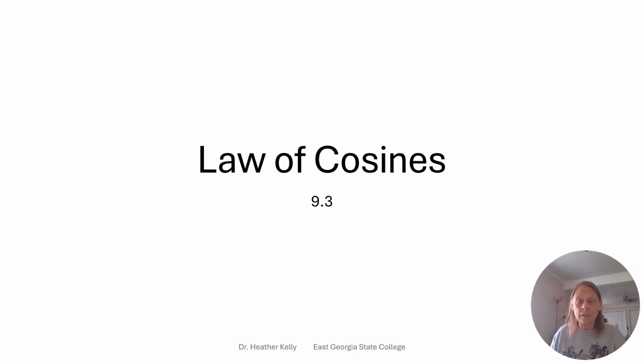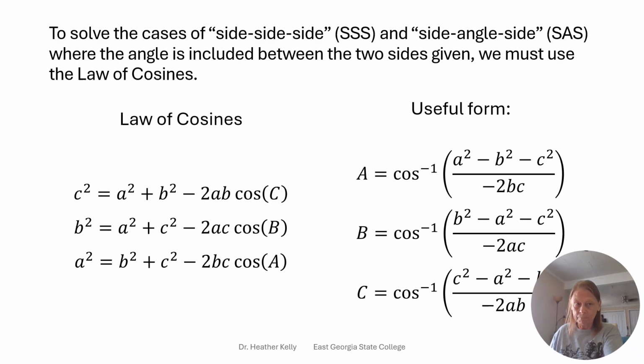Okay, well, let's get going here with the law of cosines. When you're solving the case of side, side, side, and side, angle, side, where you're only given one angle and two different sides, where the angle is in between the two sides you're given, you need to use the law of cosines. And what that side, angle, side looks like,